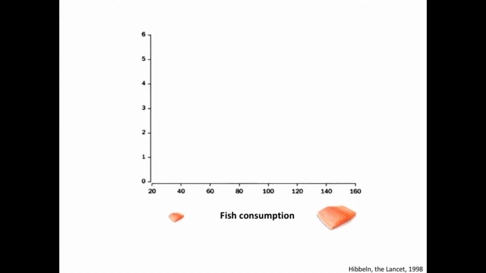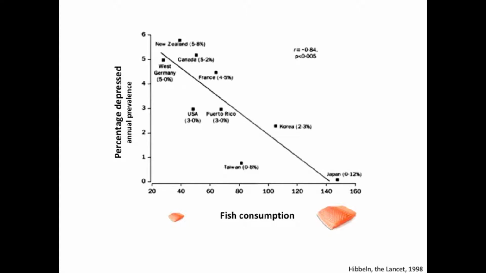So with this information, Dr. Assies called my attention to the role of omega-3 fatty acids in the brain. But still, what's their relevance for psychiatric disorders, I thought? And this is a graph that for the first time drew the attention of psychiatrists and neuroscientists to the role of omega-3 fatty acids in psychiatric disorders. On the x-axis, you see the amount of fish consumed in a nation. And on the y-axis, you see the annual prevalence of depression. And as you can see, there's a strikingly negative association.